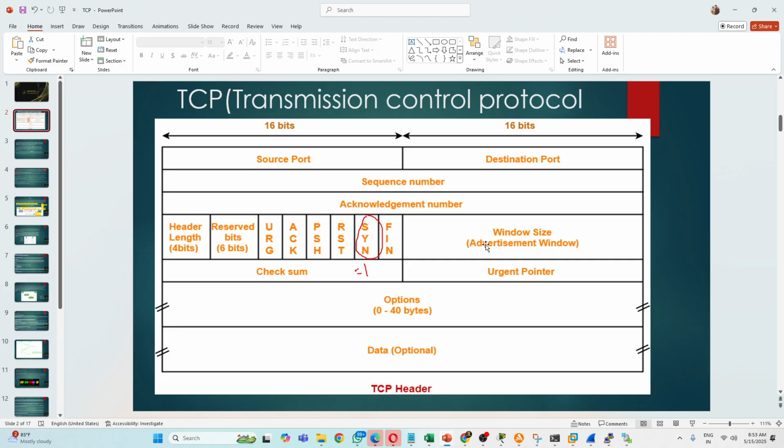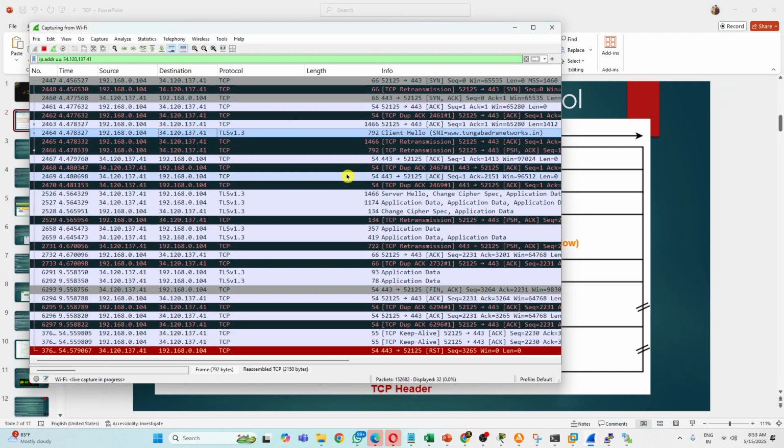There are a lot of things. So you will see here duplicate acknowledgements, right? What are duplicate acknowledgements? If you see here, there are a lot of duplicate acknowledgements and a lot of retransmissions. What does it mean? In the real world you will get complaints like the application is loading very slow. What is causing the issue? If you take a packet capture, you will see all these retransmissions and duplicate acknowledgements. If you see this, something is fishy in your network.